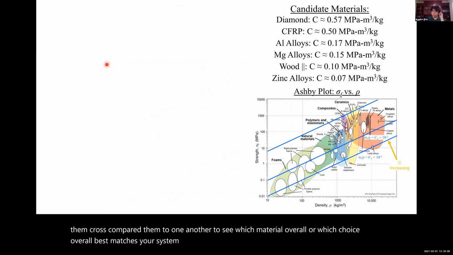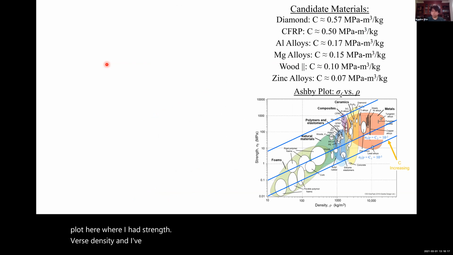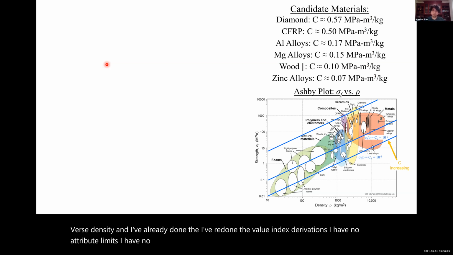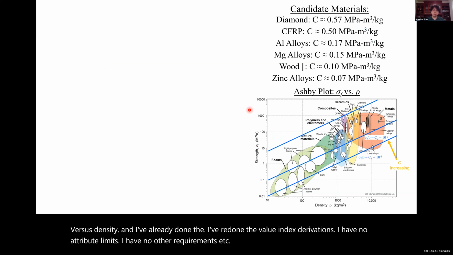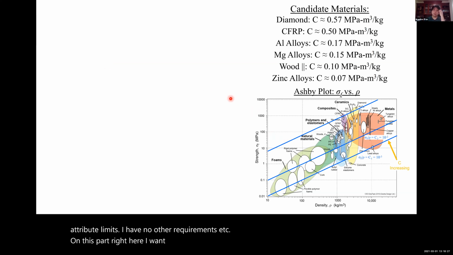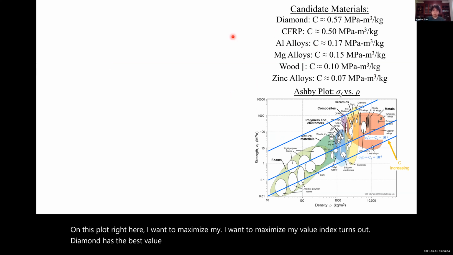A simple example is if I had this kind of Ashby block here where I had strength versus density, and I've already done the value index derivations. I have no attribute limits. I have no other requirements, etc. On this plot right here, I want to maximize my value index. Turns out Diamond has the best value index, right? So you would think that we should use Diamond. Well,